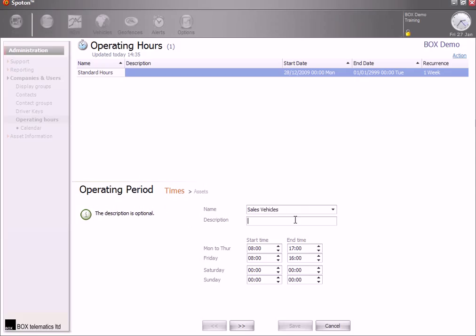You can give a description, you put anything you want there. But then simply you just choose the times you want them to be able to drive. So, as the standard is 8 o'clock in the morning, 5 o'clock at night, Monday to Thursday, 8 o'clock in the morning, 4 o'clock at night on a Friday. So if they're driven before 8 o'clock or if they're driven after 5 or 4, depending on the day, then you will get an alert, or it will show up on the operating hours report,